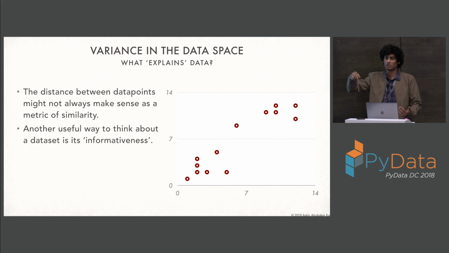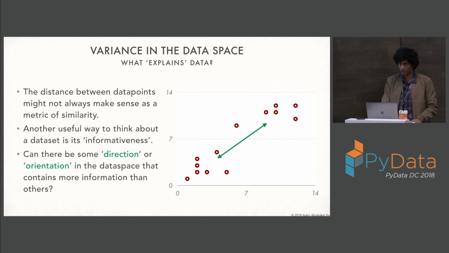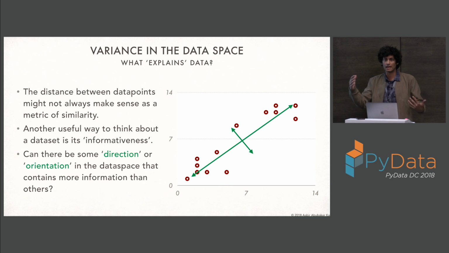So if all of you were just seated on one chair, there would be really low variance. There would be very little information in your positions as, say, 50 people. But it's because you're spread out that there's more information about your locations, right? So the informativeness of this data is kind of measured by how spread out you are. And that's what PCA uses. It looks at the direction that your data is kind of most spread out in.